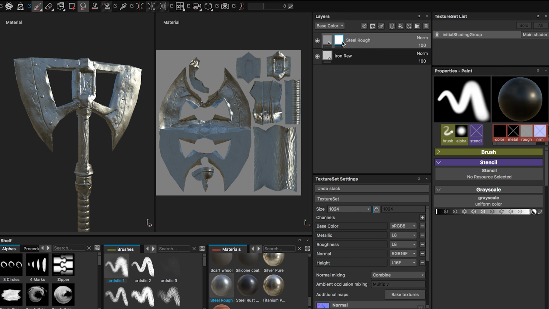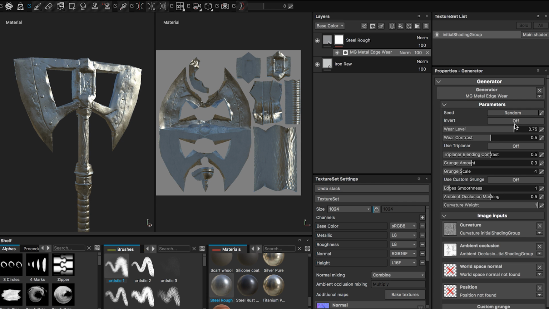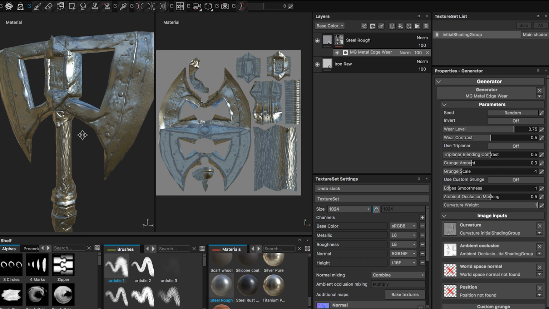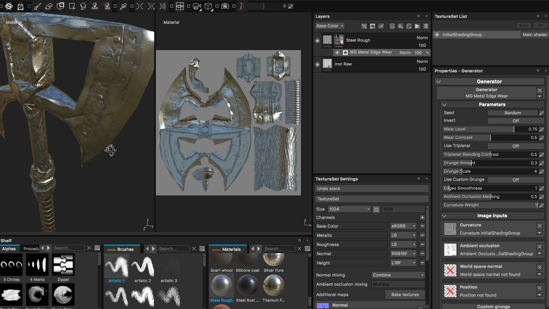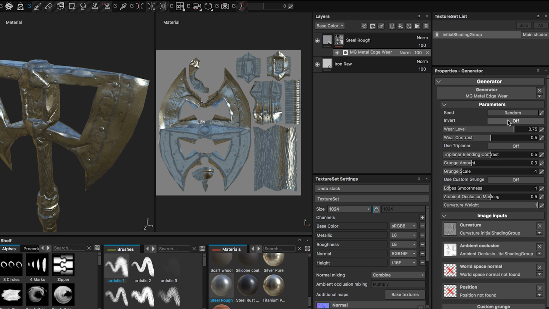So I'm going to right click this layer and add white mask, and then with the mask selected, right click and add generator. So here we have this generator, and in the generator menu I'm going to select one of the preset generators. This one is Metal Edge Wear. What it does is, based on your curvature map that we've generated previously, and ambient occlusion map,